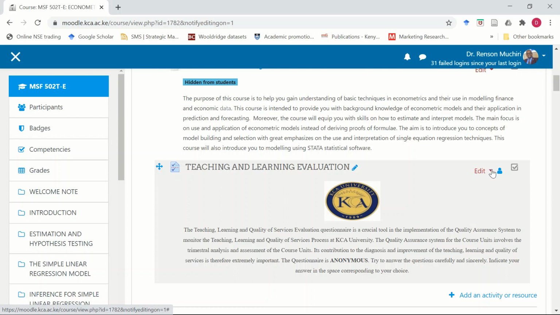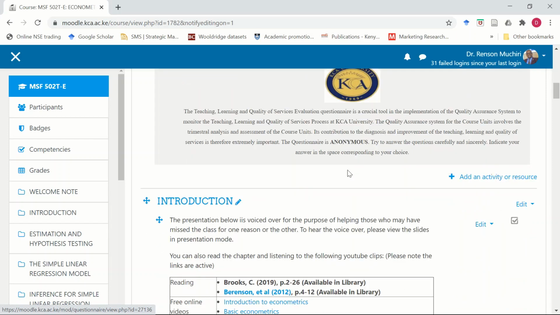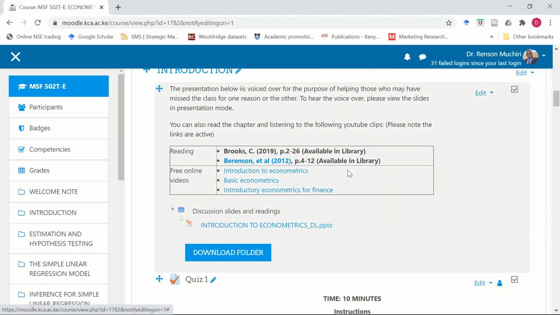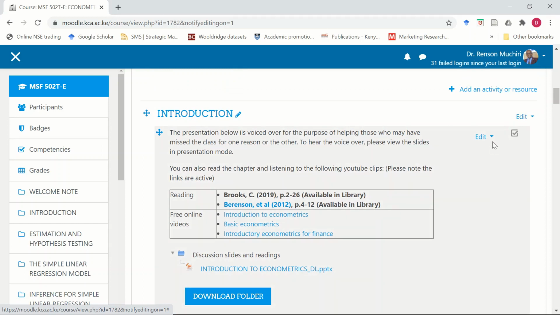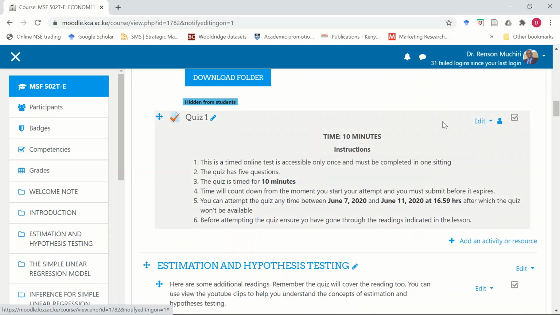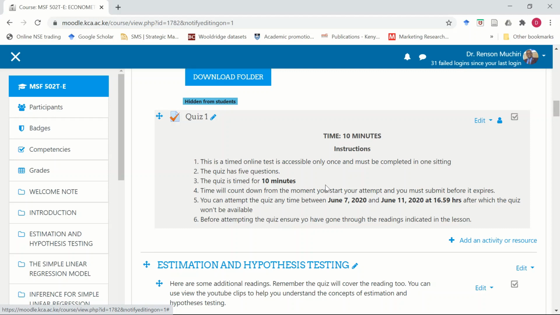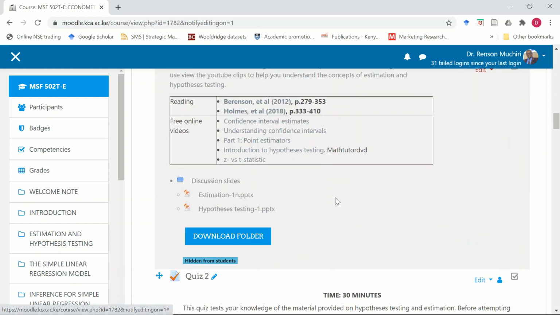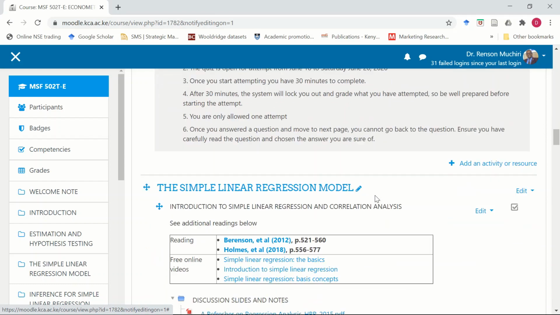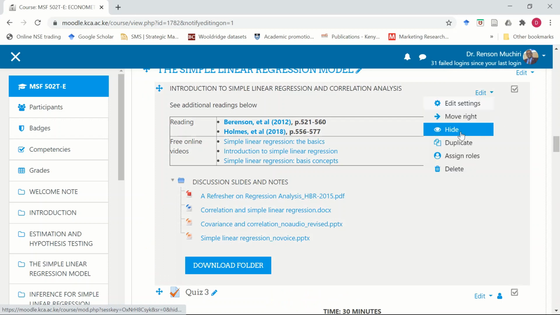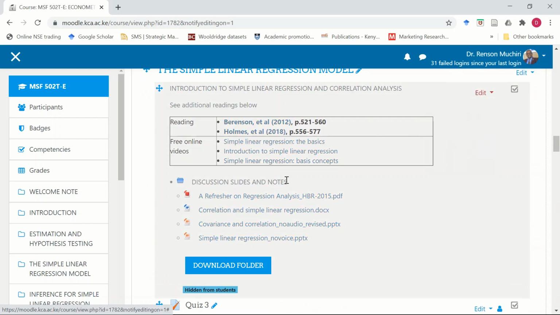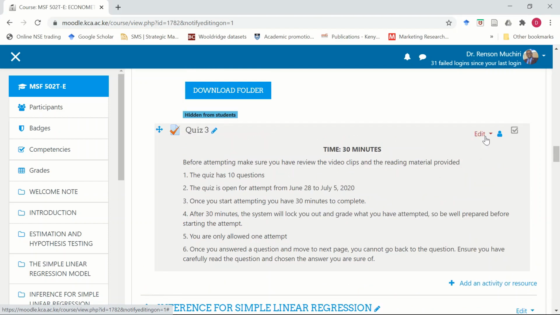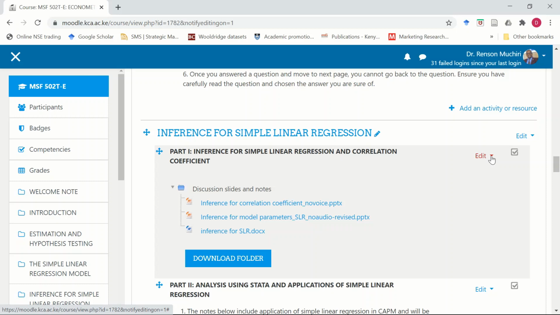Remember, you should not hide the quizzes. That means you don't hide the topic, you only hide the subtopics, because if you hide the topic, the quiz will also be hidden. So you leave the quiz unhidden, and then you hide the notes. Everything that is provided you hide except for the quiz. So that's a quiz, I don't need to hide it, and then I hide this one,